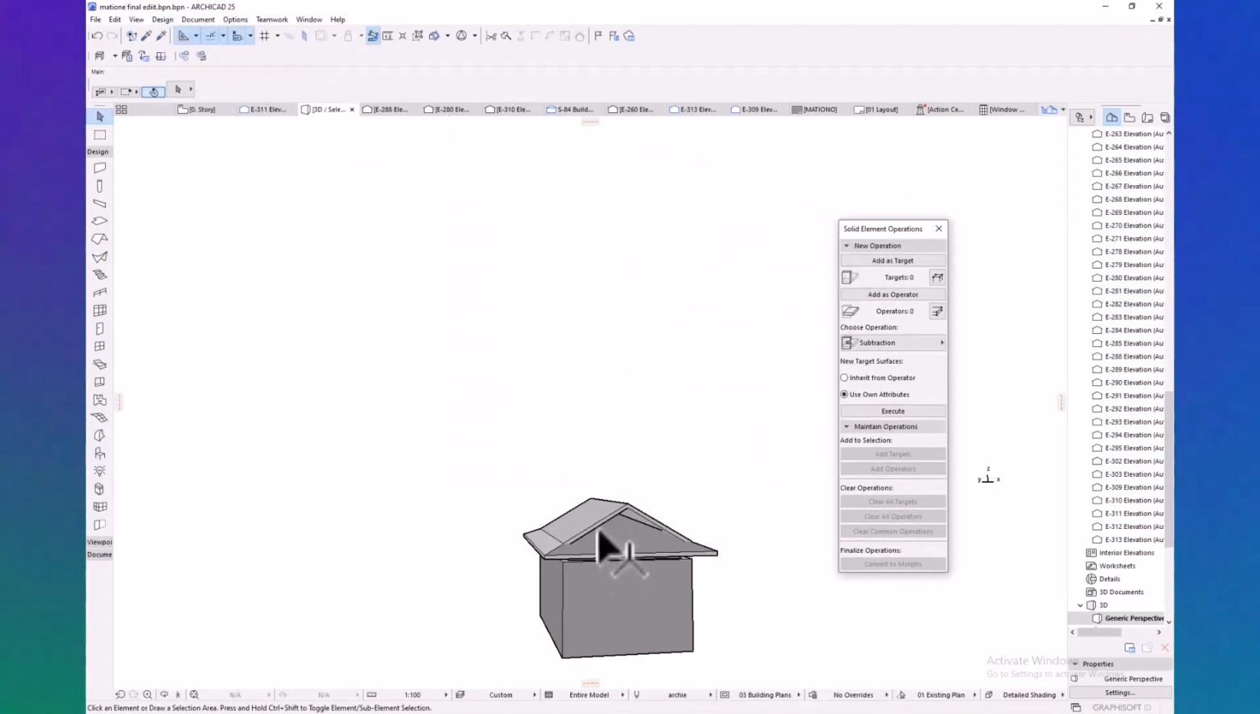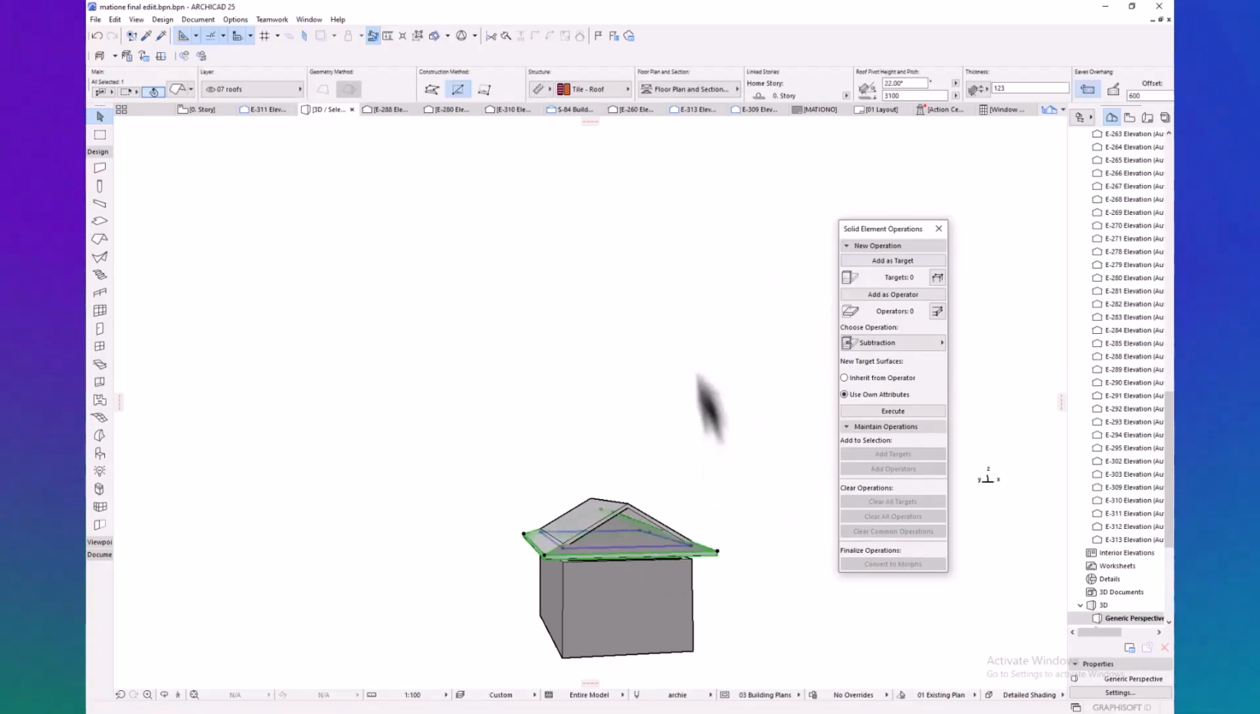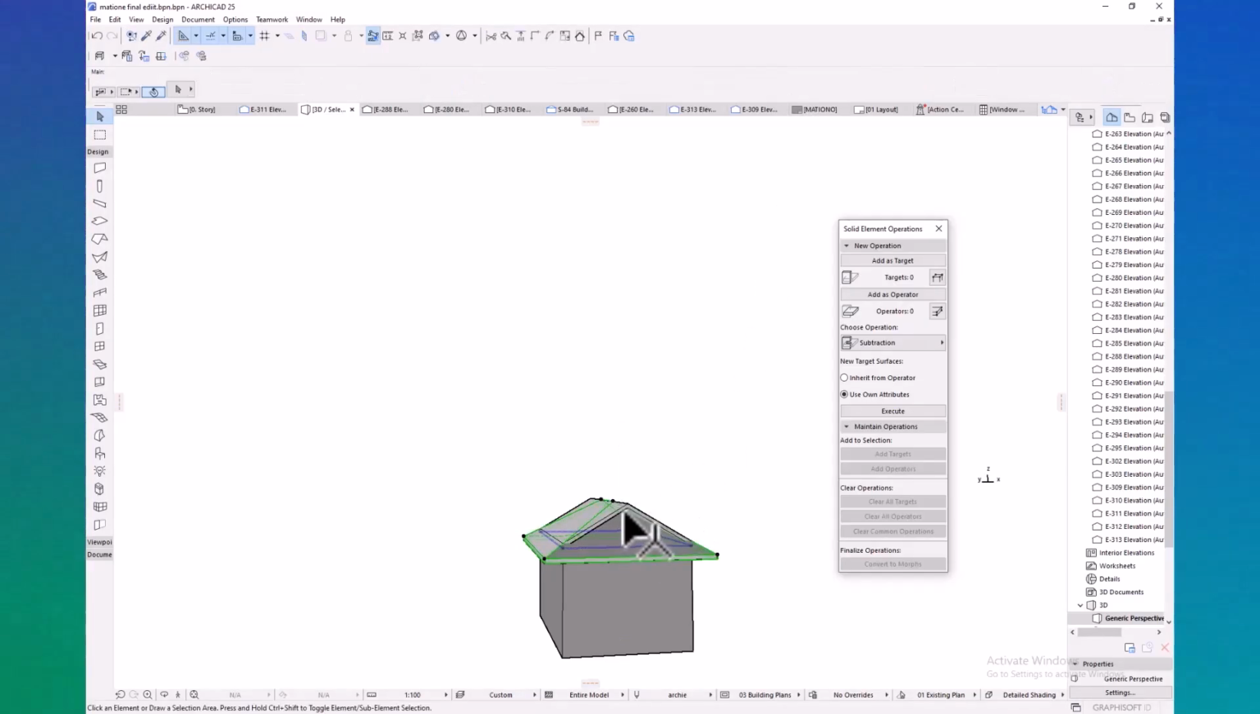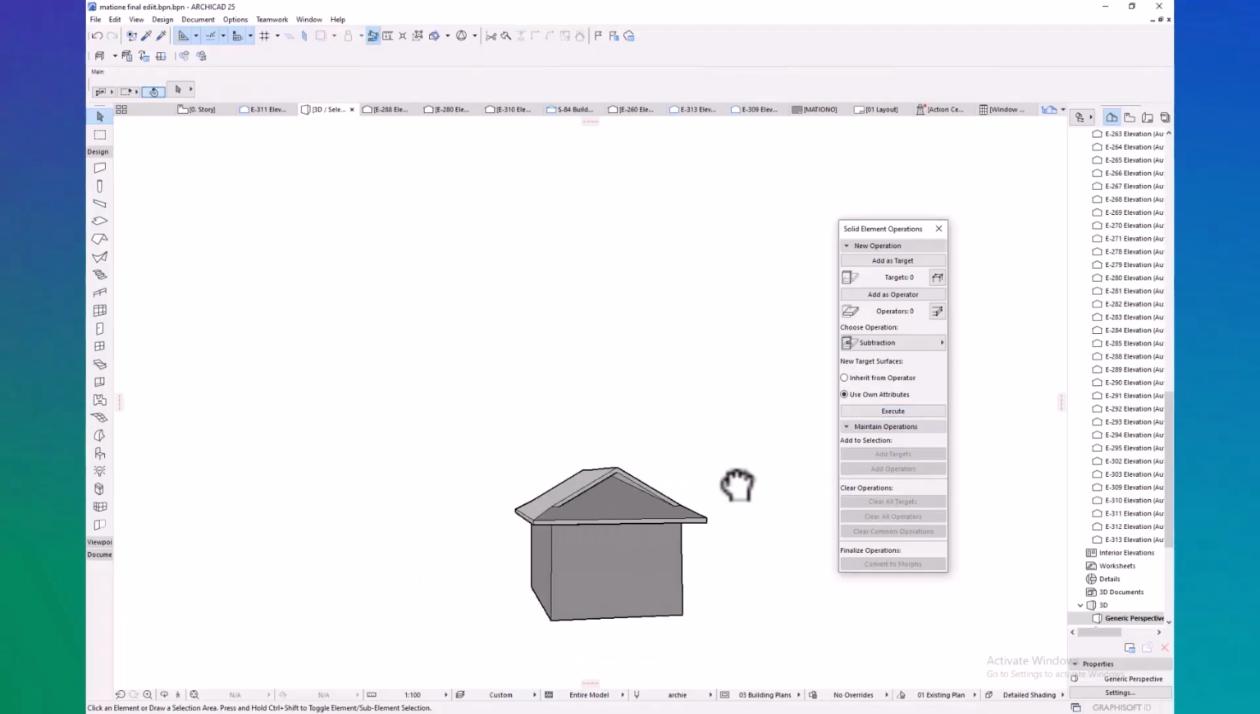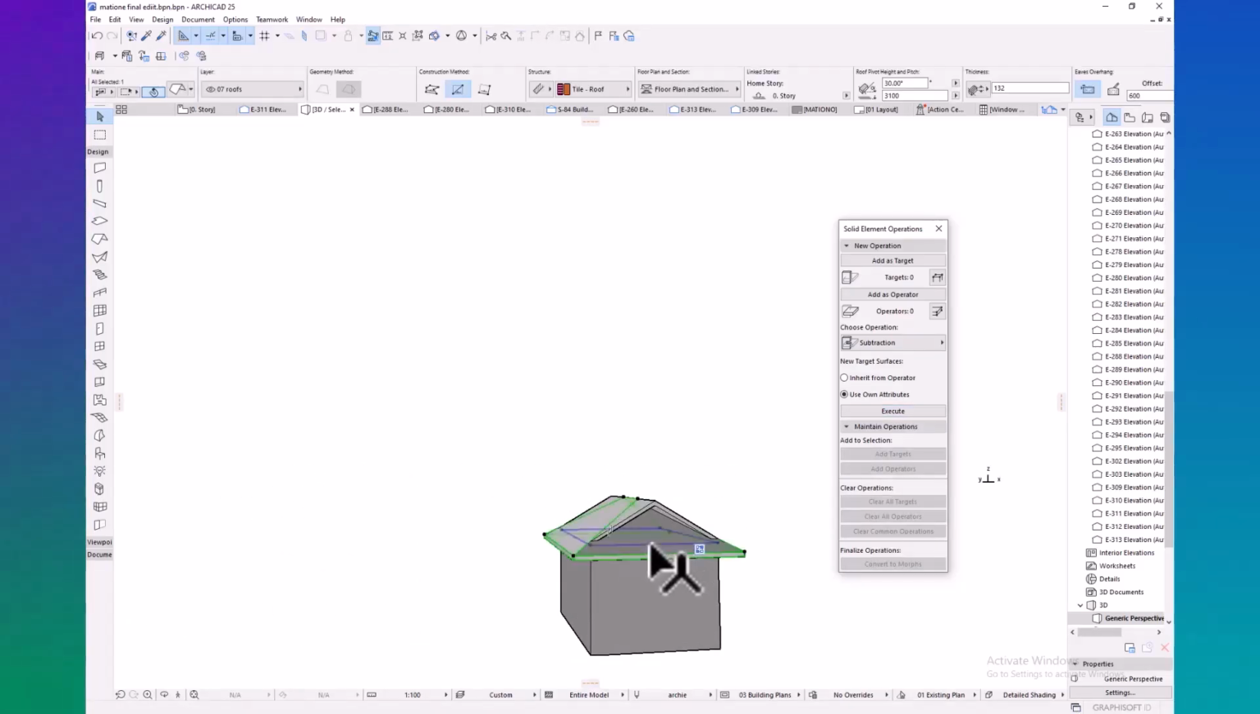We choose the first, let's change it to 30. Let's decrease the pitch, and then we select a smaller Dutch gable as the target. Select the bigger roof as the operator. Operation type is subtraction, and then we hit execute. Right. You see, that is now done. It made the roof much smoother. So we go back to